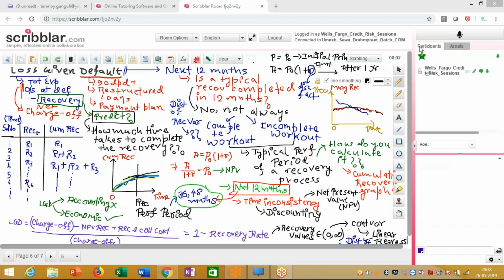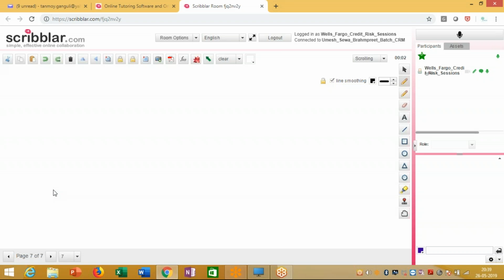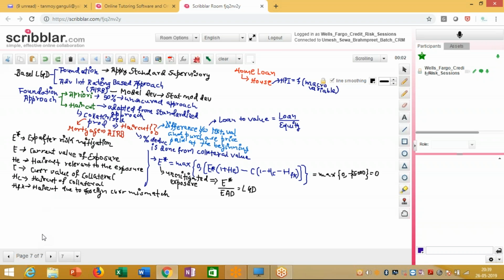So, in the discussion that we had yesterday, we started talking about the different approaches of LGD model development. In regards to that, we talked about the foundation approach in yesterday's discussion. We talked about how, under the foundation approach, the LGD can be determined using the